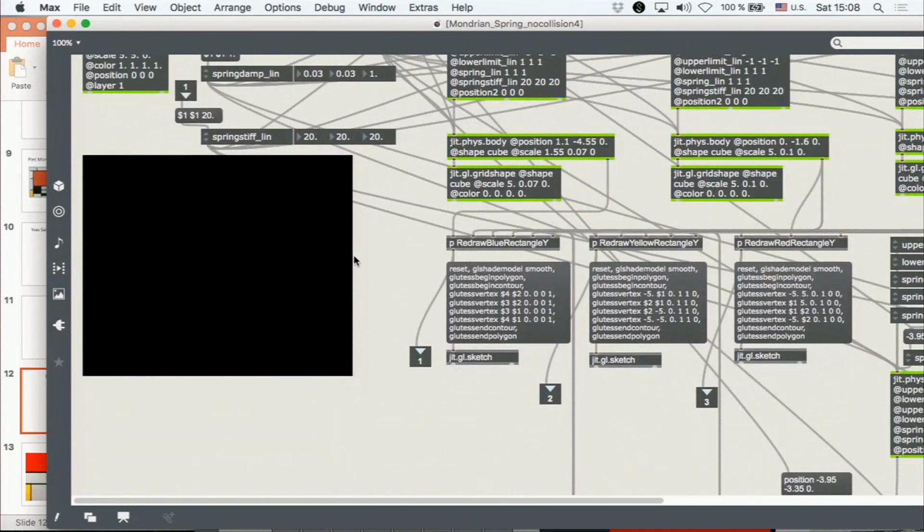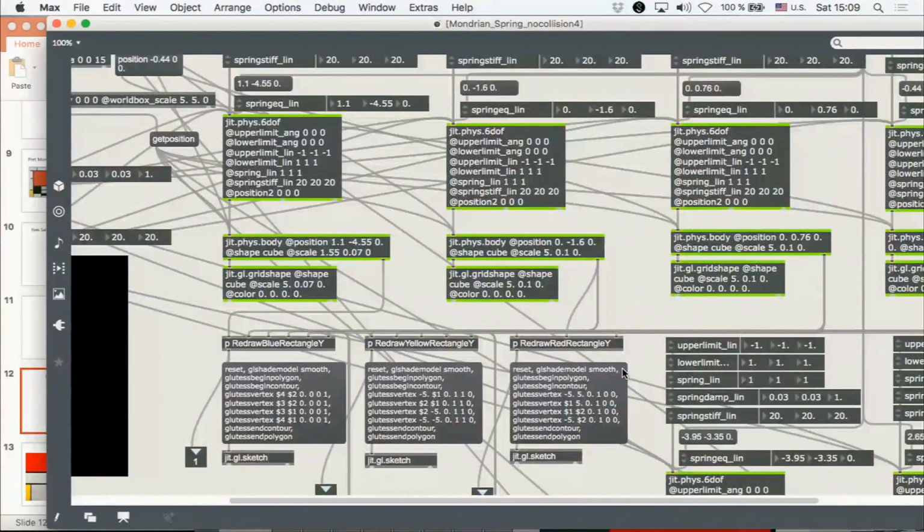And to draw the rectangles, I actually used jit.gl.sketch, which is a lot cheaper to use than gridshape. Initially I had implemented the rectangles with gridshape, but it was really expensive. It was getting stuck, it was slow. The calculations that happen are also not very convenient. So this is just basically drawing the rectangle.